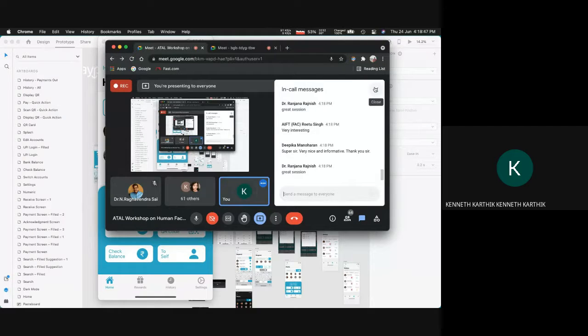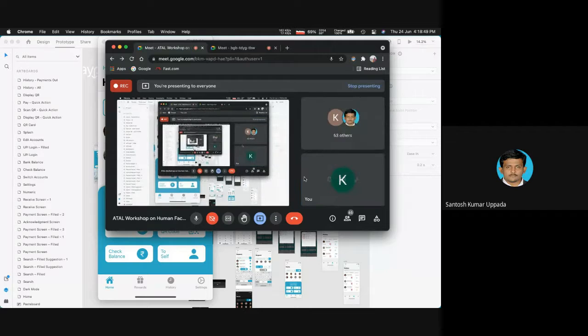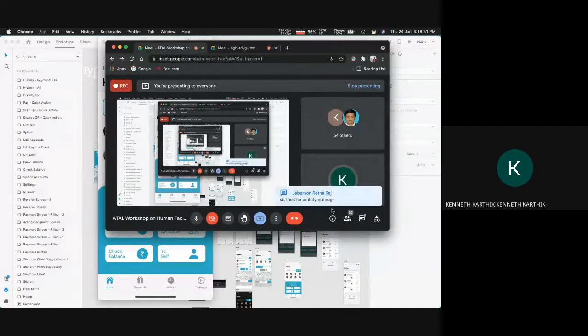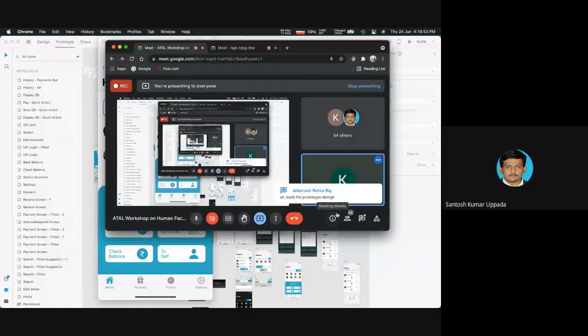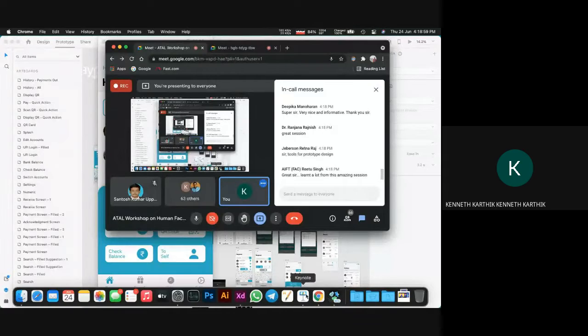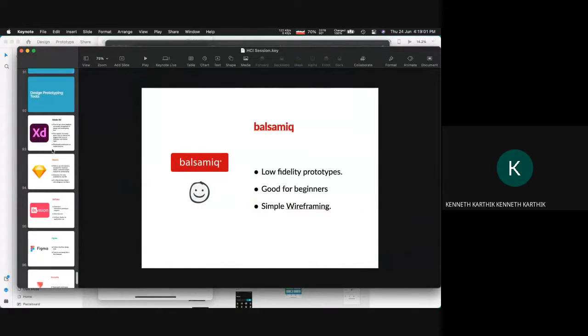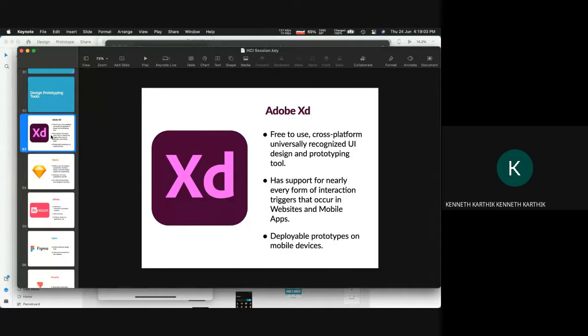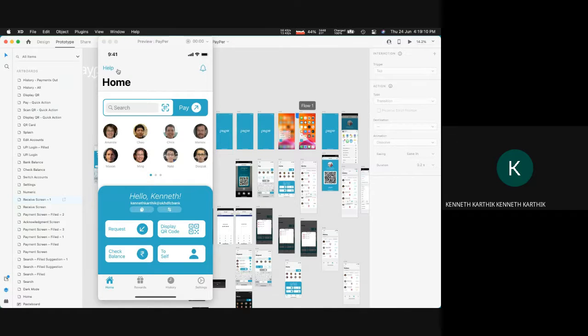So there are no other questions. Tools for prototype design, what I just spoke about. Let me open the thing once again. These are great tools for prototyping. You can start with Adobe XD if you want proper high fidelity prototyping. It's a very easy to use tool. It's actually open over here, so I can show you.